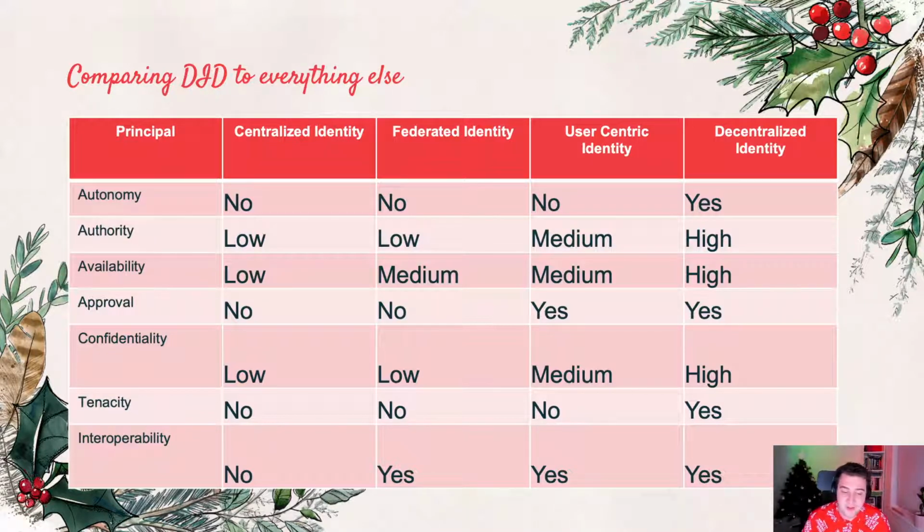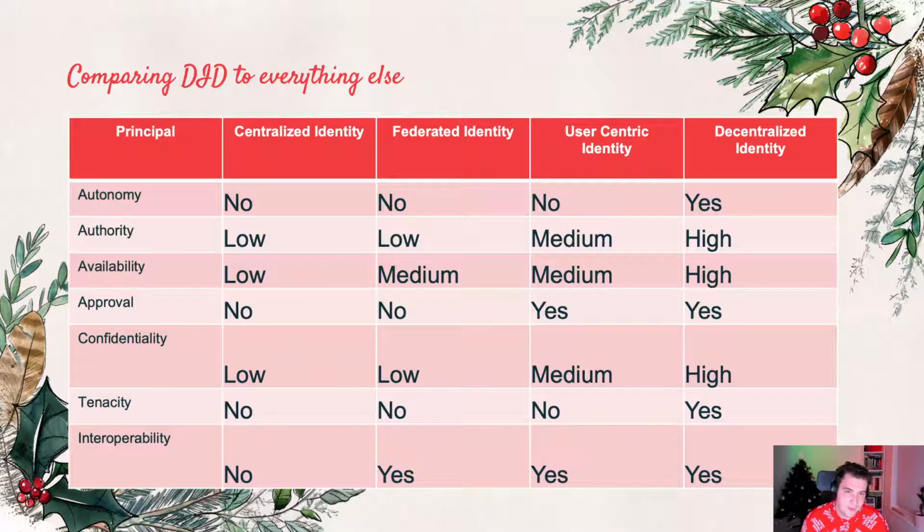When you look at confidentiality, can you hide data? We talked about privacy earlier. Decentralized identity and user-centric. Decentralized identity is the only one that wins out there. Talk about tenacity, which is can you guarantee the data will remain available? Decentralized identity is the only one that can pretty much guarantee that. And then when we talk about interoperability, does this work for the most part globally? You can say yes, here it does work for the most part globally. My opinion really here is there's a bit to go. There's a little bit more development effort to go in this space, but it is one of the key drivers.